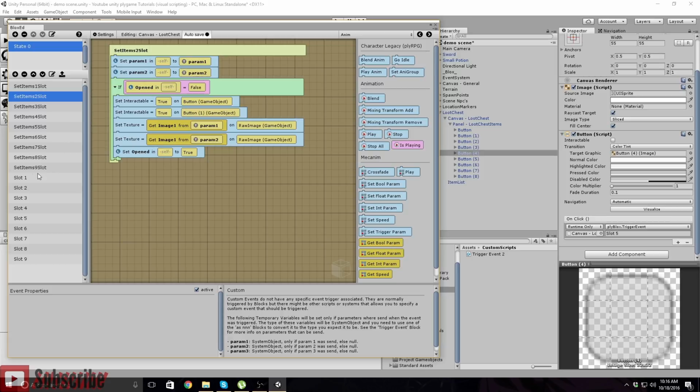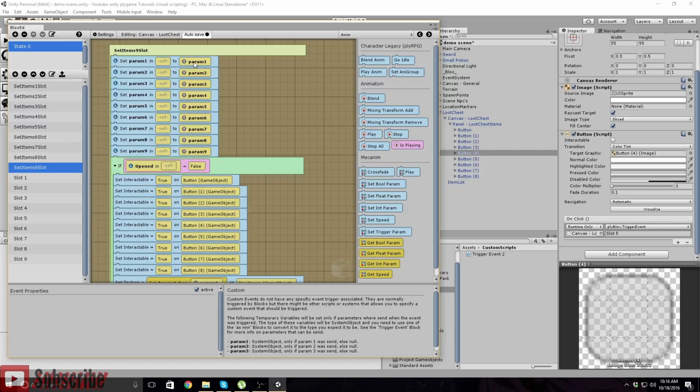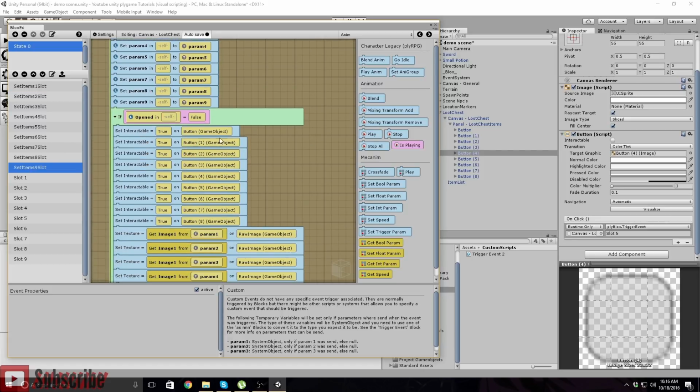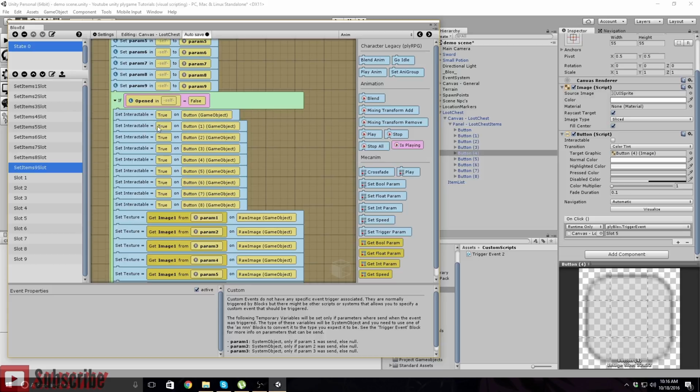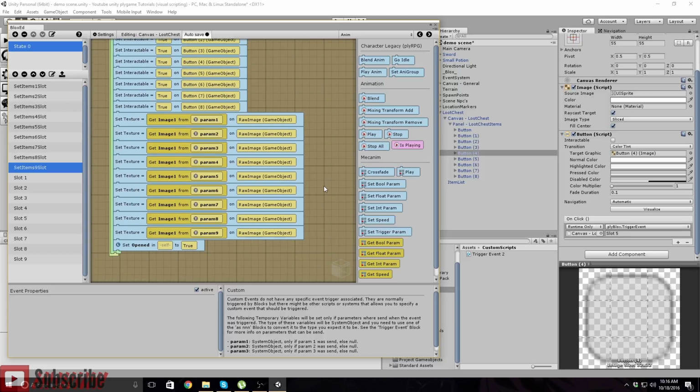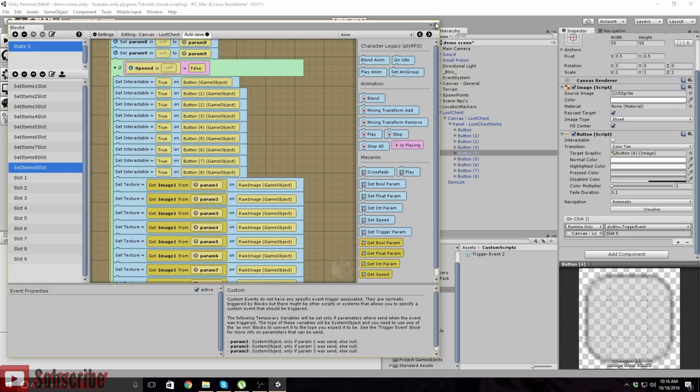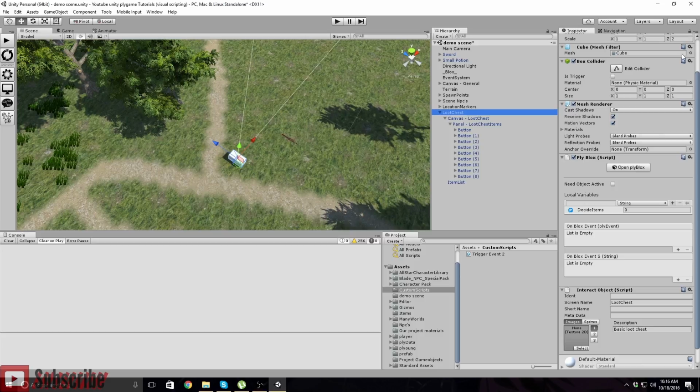To see how this works, if you want to see the 9 parameters, we're saving all 9 parameters here. We're setting interactable for all 9 buttons, setting all 9 button images, and then again setting open to true. Now if we save everything here,